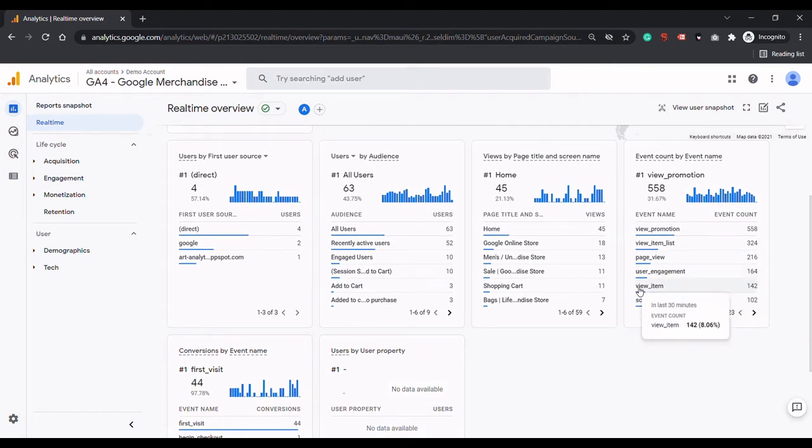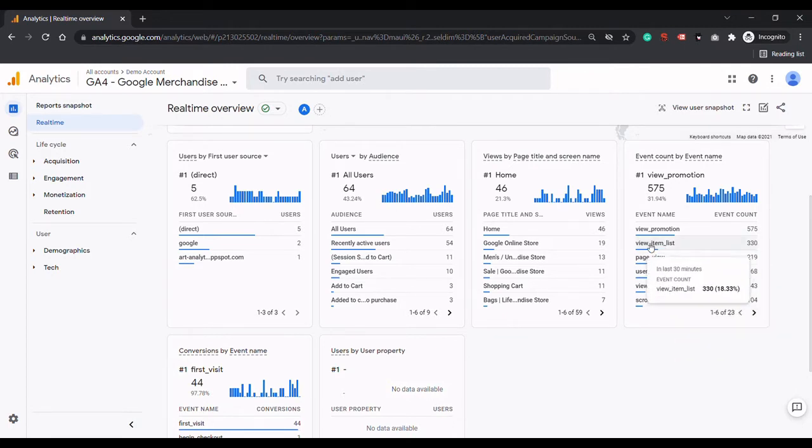So events like view promotion and view item are not default events. Those events are created with the help of Google Tag Manager. And by default, page view, user engagement, view items, scroll, these are Google Analytics default events, things Google Analytics provides.